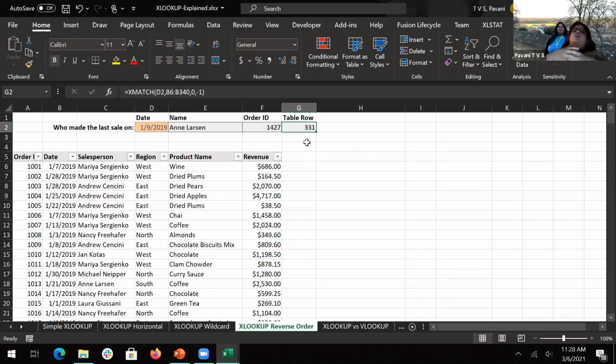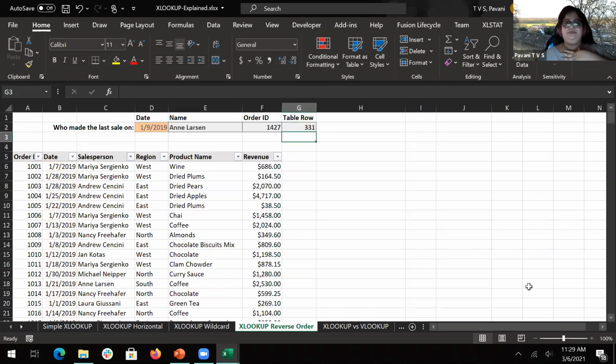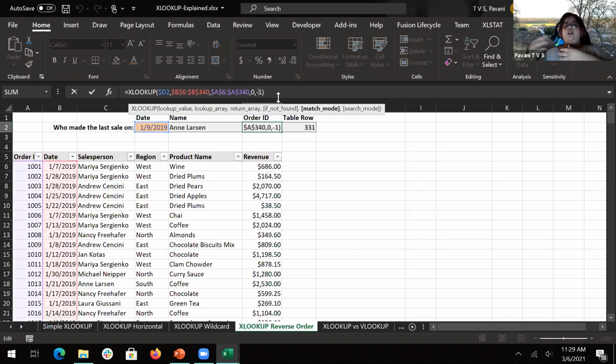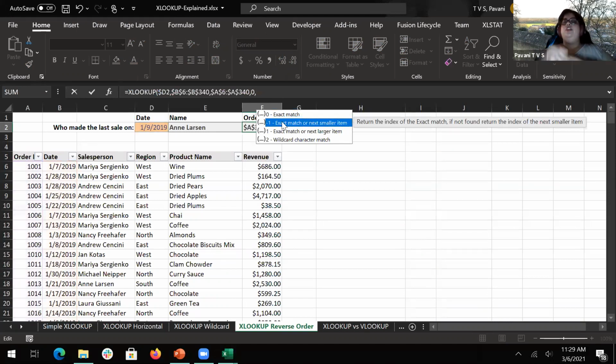If you want to do it from, I have done it from first to last. In this, however, they are trying to do it, sorry, my bad. They're doing it from match mode last to first. That is like -1, exact match or next smaller item which is available.